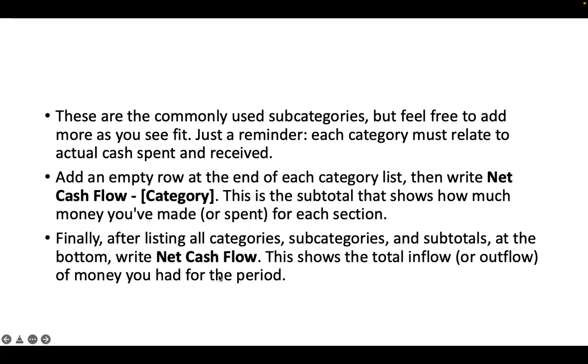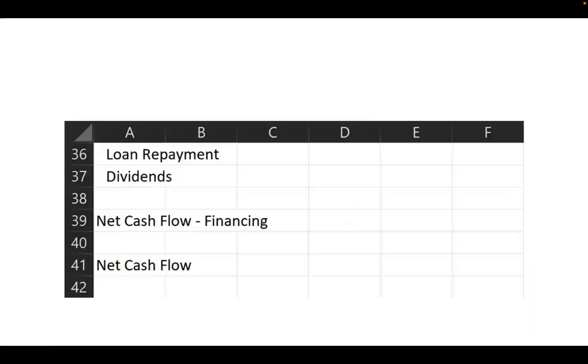Finally, after listing all categories, subcategories, and totals, at the bottom write net cash flow. This shows the total inflow or outflow of money you had for a period. So this is for the subcategory, and net cash flow is for all the three categories which we are dealing in. Okay. Now, don't forget to add an empty row between categories after the subtotal and an indent